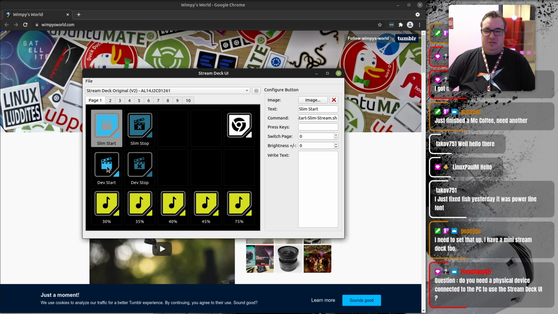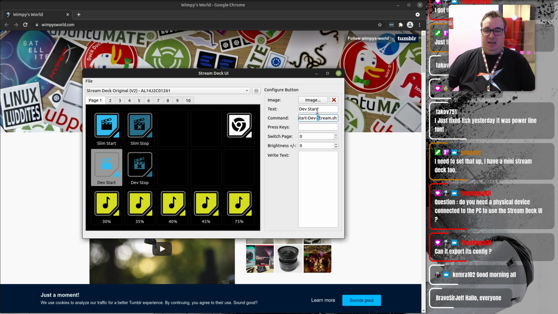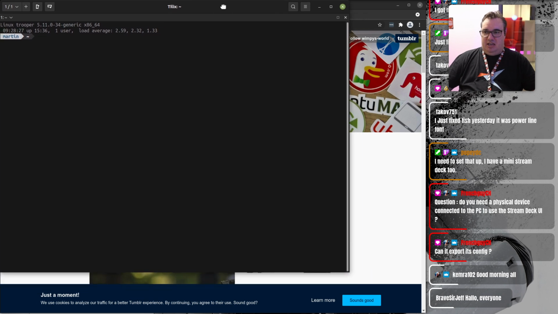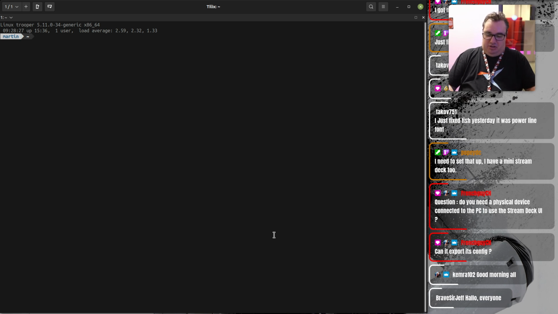In fact, while we're here, let's just look very quickly. So I've got some buttons configured here. I've just clicked this one to start this stream. So I'll just explain sort of how I use the StreamDeck. I dragged an icon on here. I've given it a label, dev start, which means start a let's code stream. So it knows how to configure my environment. And to do that, it runs this shell script. I'll just show you that shell script very quickly, so you can see how I've set things up, and it enables me to do lots of automation very quickly. So if we just go to scripts,